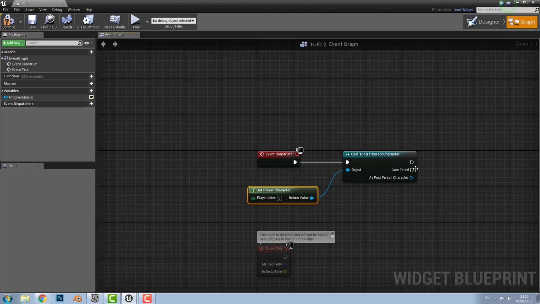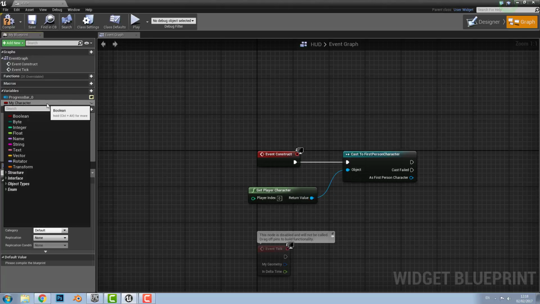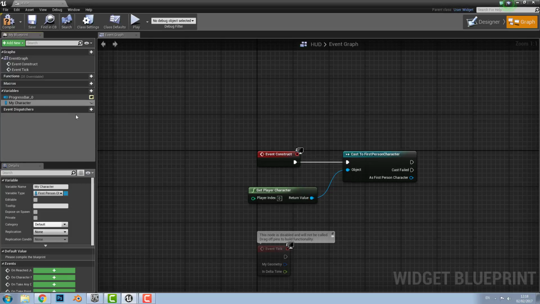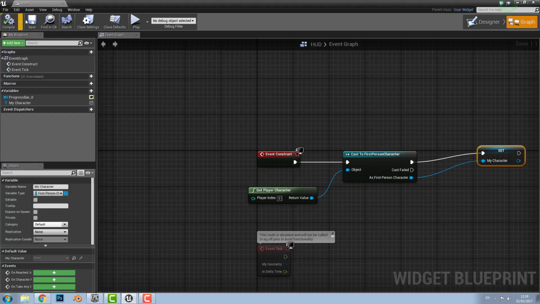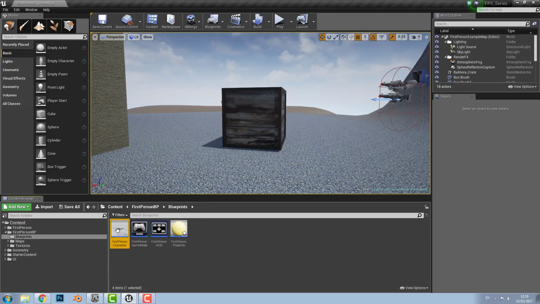And then from first person character, first we're going to create a variable. It's going to be called my character, and then you're going to want to change the variable and search for first person character for your character. And then we're going to drag that out, and we're going to set that variable, and then we're just going to connect them up. Once you have that done, just compile, save, and then we'll minimize that for now. And then you want to go to your character blueprint, double click it, open it up,